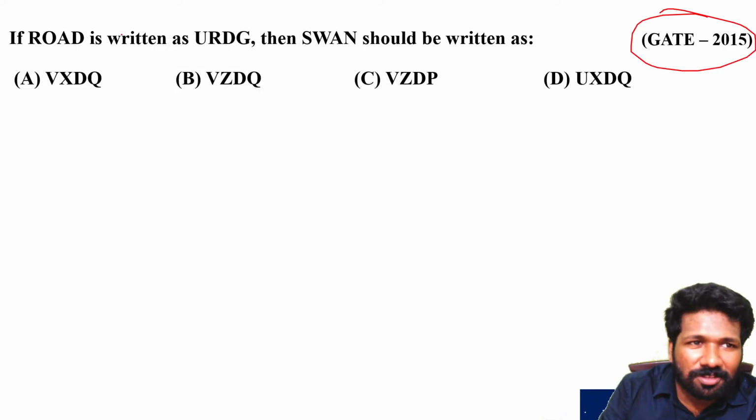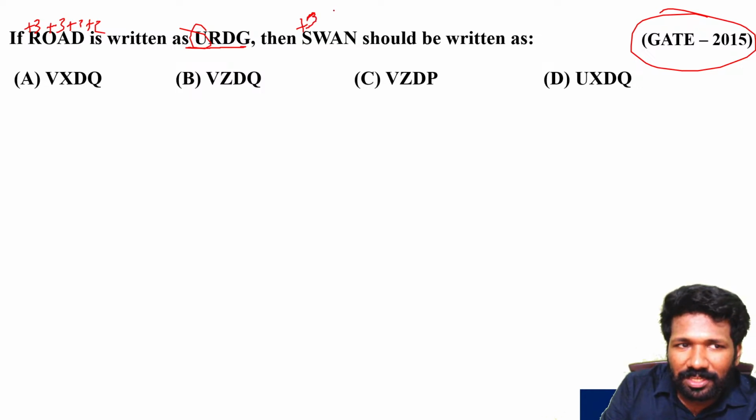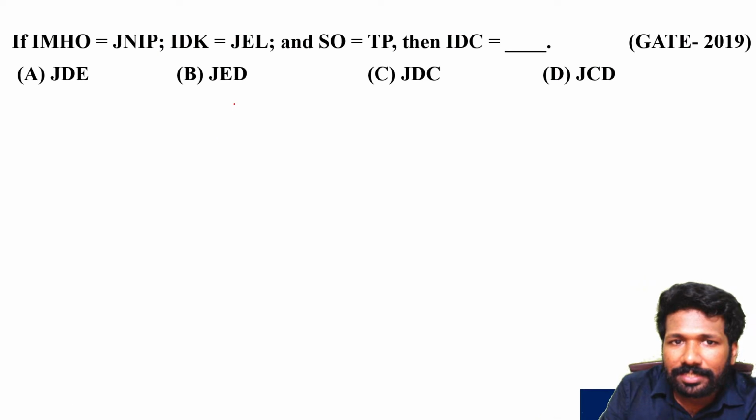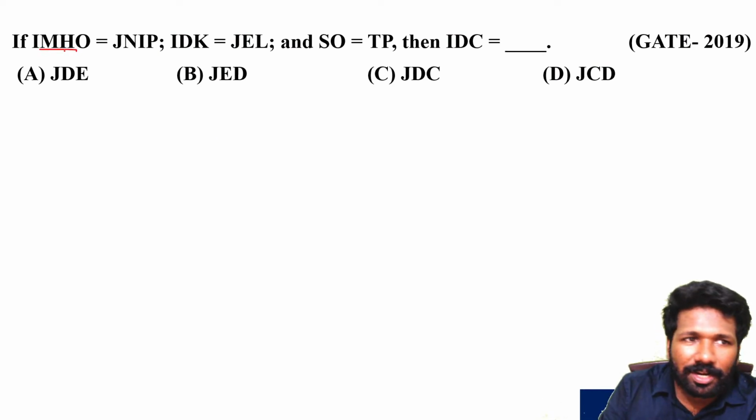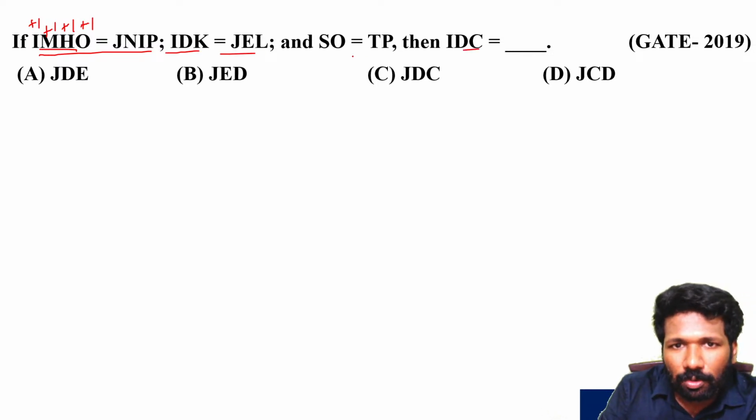This is again a GATE 2015 problem. RSTU, 3 letters added. OPQR plus 3, plus 3, plus 3. That is URDG. So S plus 3 gives STUV, TUV. Similarly W plus 3, A plus 3, N plus 3, you will get the answer. Similarly, this is again, instead of asking this is coded as this, it is the same idea itself. I plus 1, M plus 1, H plus 1, O plus 1. So plus 1, plus 1, plus 1 in all these given